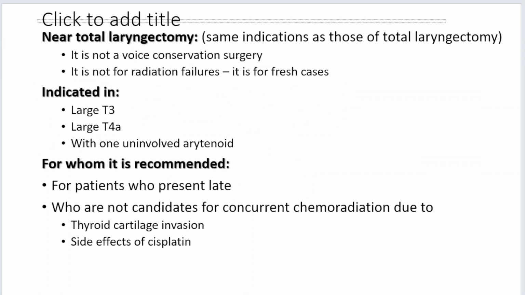Okay, now coming to the last, this is near total laryngectomy. Just to complicate the matters more for a student, but for saving the life of the patient and making his life better. What is near total laryngectomy? Near total laryngectomy is the same as total laryngectomy. Only one thing is, this patient has